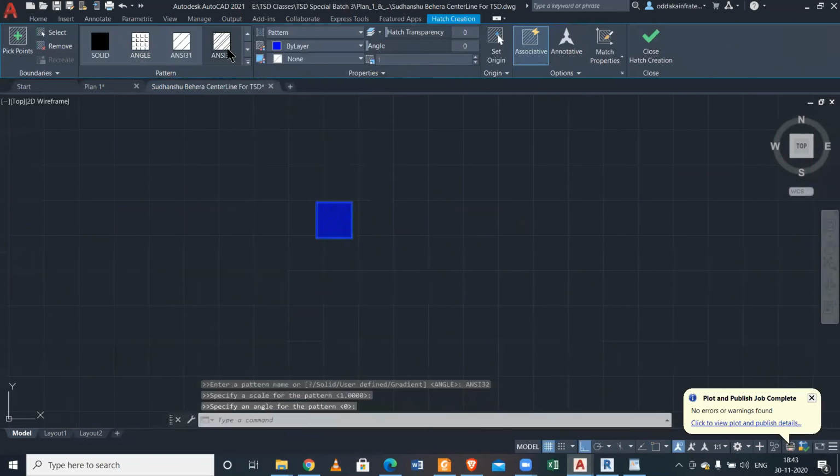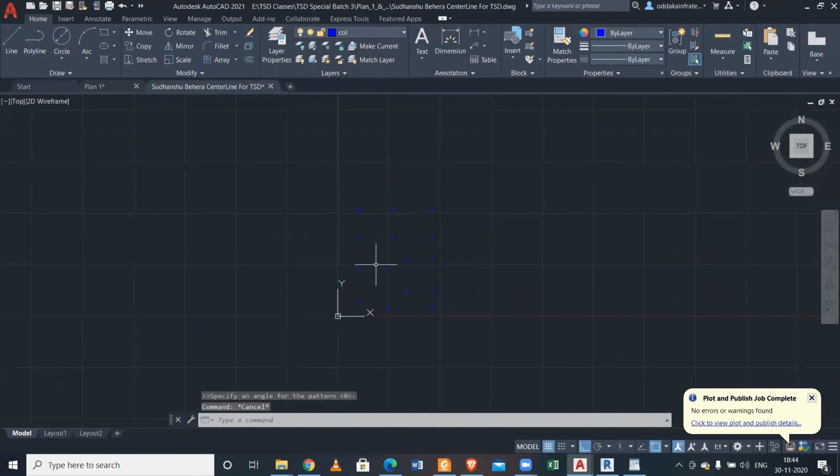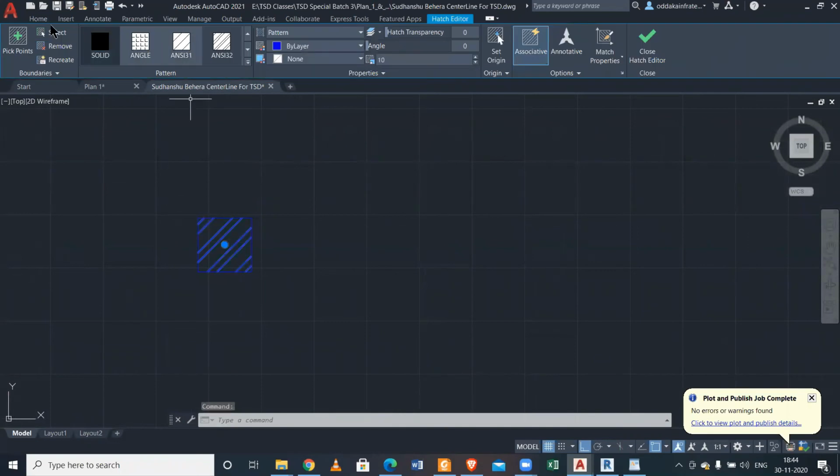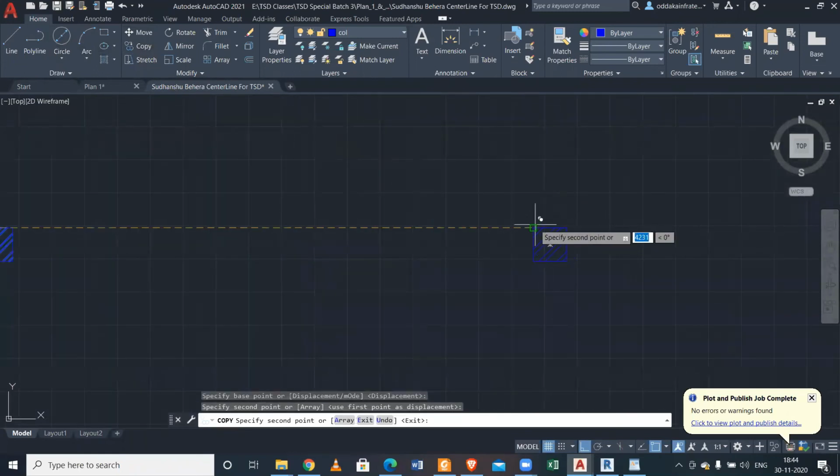So I'll select this one and I'll give it a scale maybe of 50. That's too much. 20. 10. 10 is good. No, I think I need something more than 10. Okay, 10 is good. But I need to copy this. So I'll select this. Copy. So let's select the top left point.